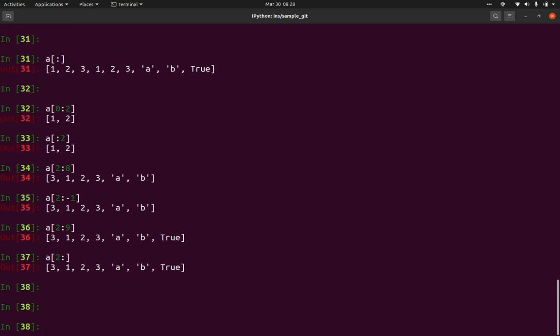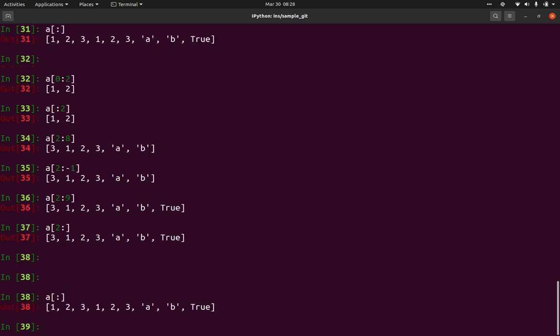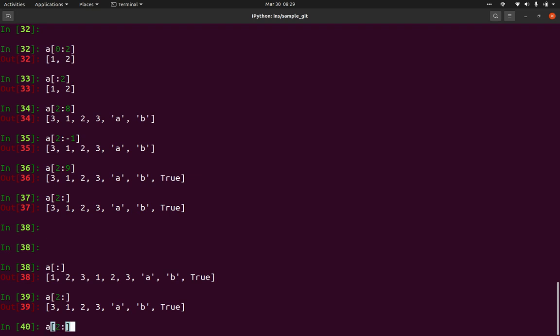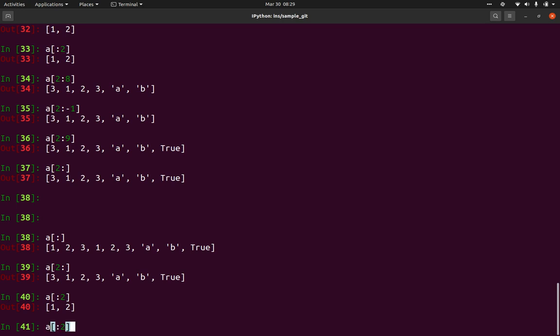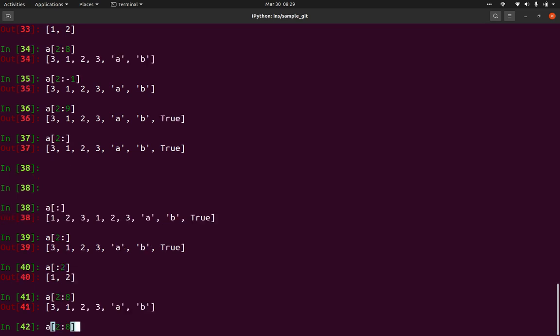Just a revision. If you are not giving any elements, by default it will take the first index and the last index, so it will give you all the values in between. If you want to fetch from the second element through all, you will get it like this. If you want to fetch from the starting to the second element, you can use it like this. The same thing, if you want to fetch from the second element to the last but one element, you will be using indexing like this.